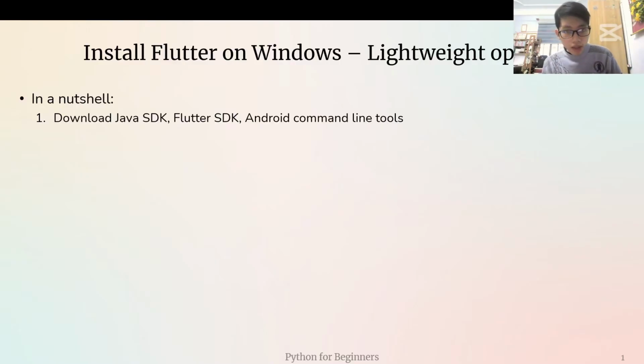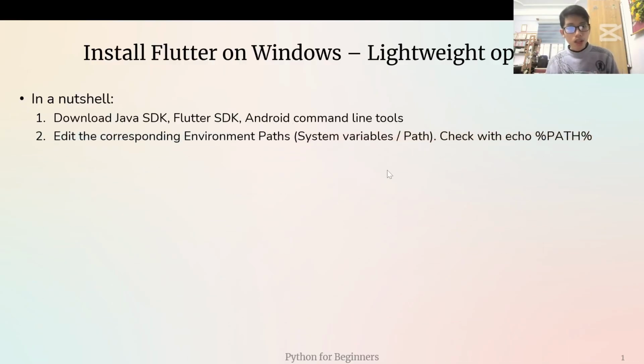So I prefer the way of Android command line tools. If you prefer the official installation approach, then it is all documented very clearly on the official website of Flutter. Okay, next we need to know how to work with environment variables,